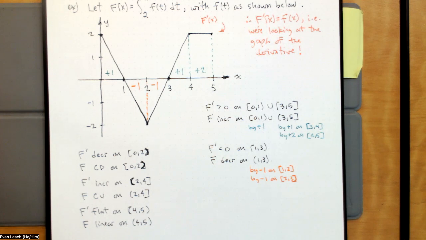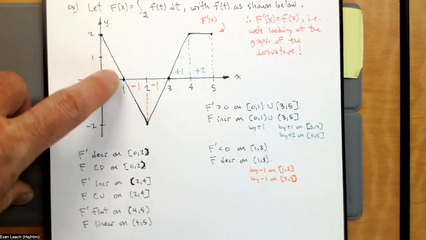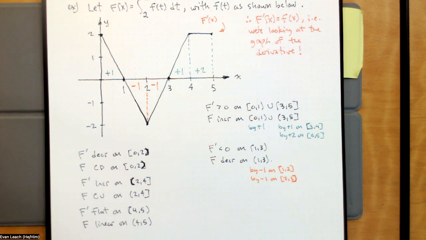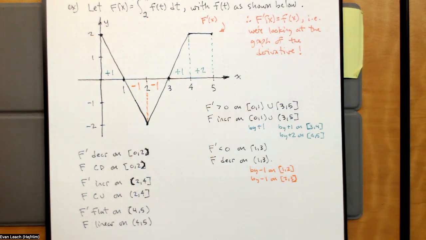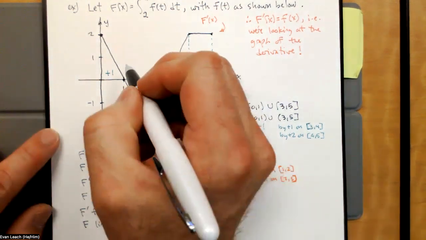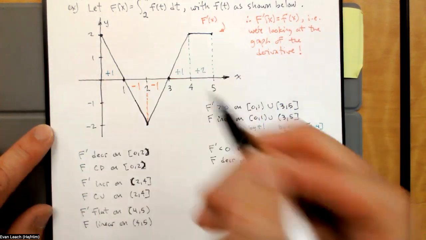We also see some other things. We know that our function goes from increasing to decreasing at 1. So f prime of 1 is equal to 0. And f prime is changing from positive to negative. So we see that we're going to have a local maximum at 1 and a local minimum at 3. Because the derivative is changing sign, so the function is changing direction. So we see that f has a local max